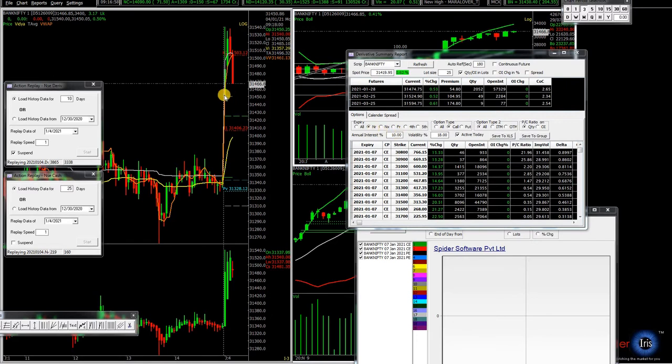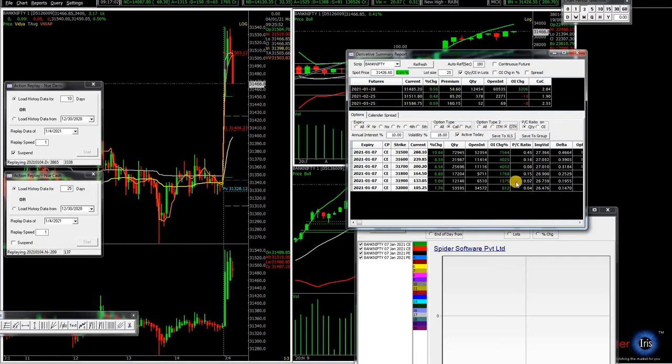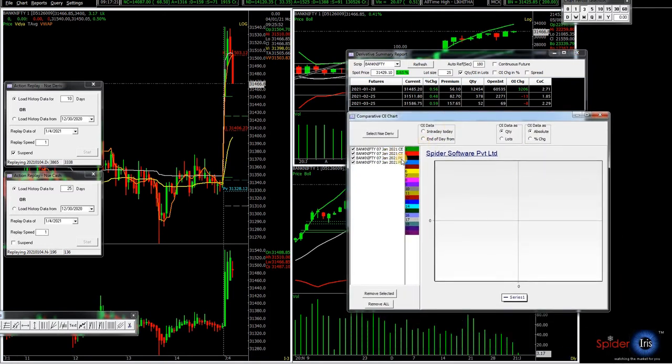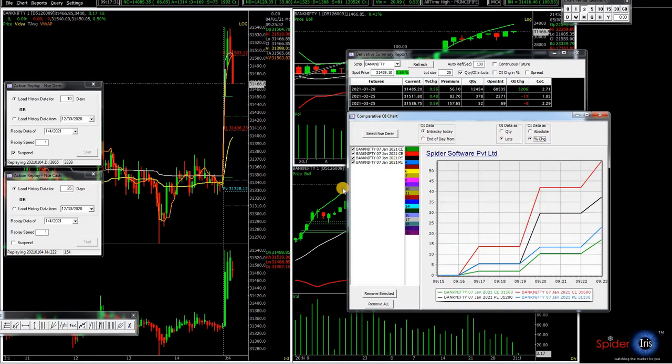Resistance will always be above the open. Opening is 450. I'm going to the calls and seeing the OTM calls. The highest participation was happening around 31,500, so 500 is the resistance. I'm going into the in-the-money calls. Support is around 300, 200. So we identified the market support and resistance, and we added the two resistances, 500 and 600 calls, and 200 and 300 puts in the OI data.